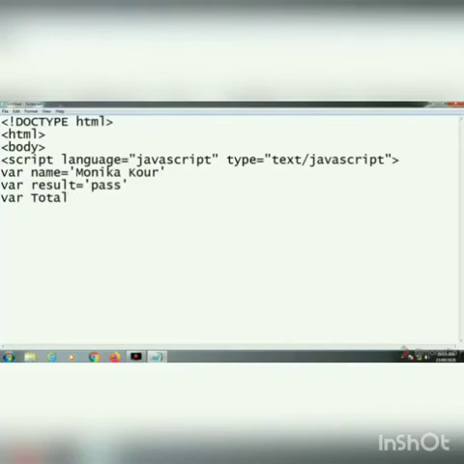But remember that variable naming rules are necessary to follow here. Suppose here I wrote total marks. Grammatically, total space marks should be written, but you cannot give an empty space in a variable. And here I am adding a numerical value, total marks 560. So here the variables have got values. I have assigned the values by using an assignment operator, the equal sign.